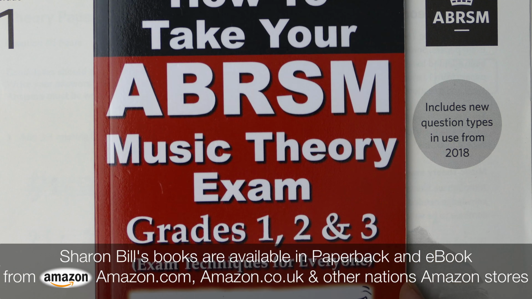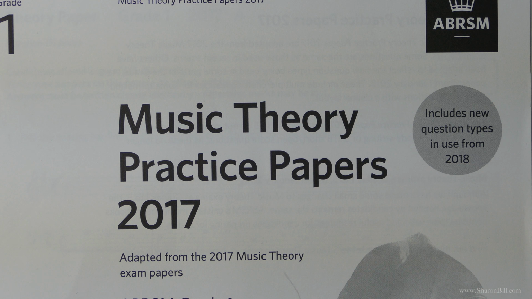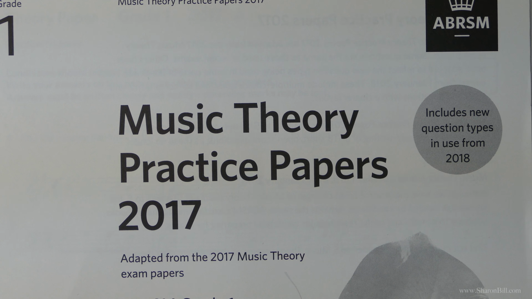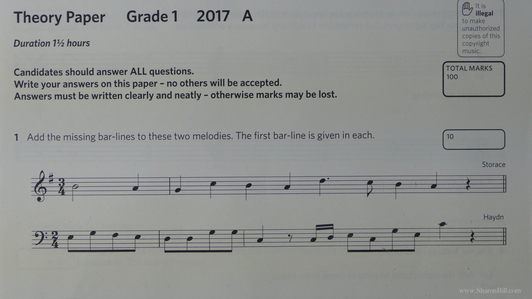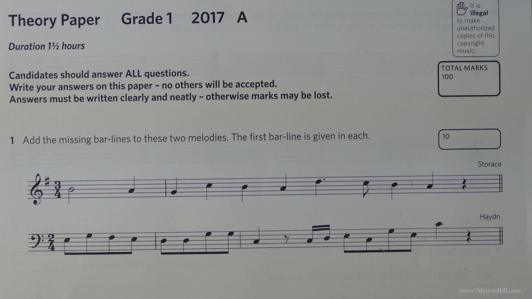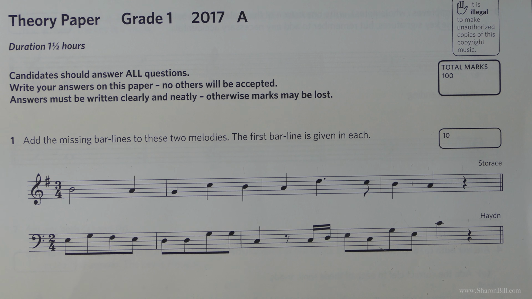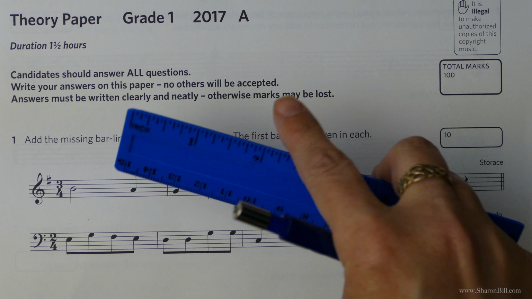And so now we're going to have a look at the practice papers from 2017, beginning with paper A. So if you turn with me to the first question, which is marked page 3, and we'll have a look at this together. Now I do suggest that you have a go at this on your own first of all. It's always better to learn by your mistakes, and so it doesn't matter if you go wrong. You always only ever write it in pencil, a nice sharp pencil. I use a mechanical pencil here, and you will need an eraser and a ruler,